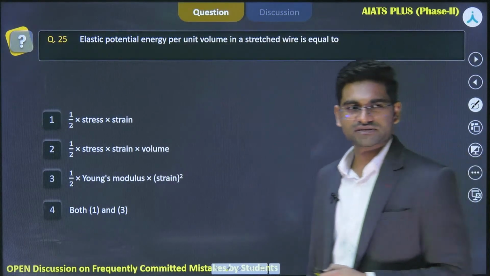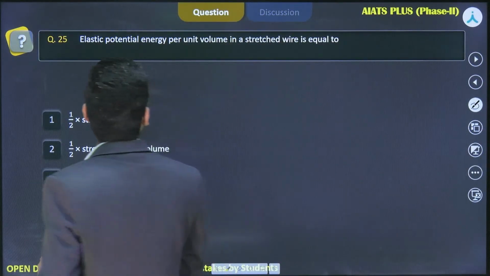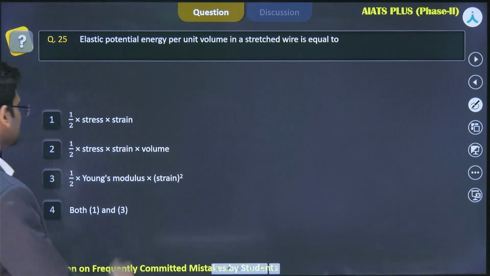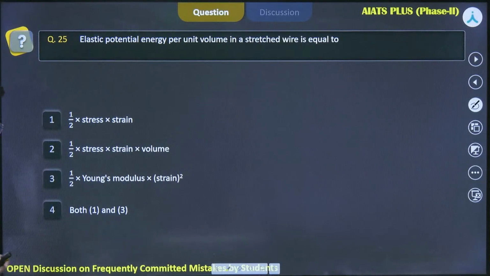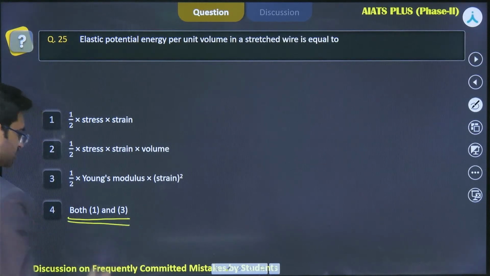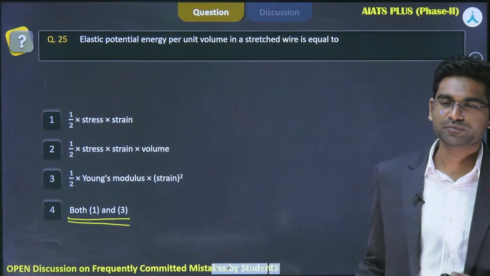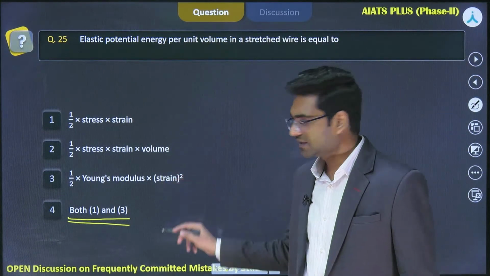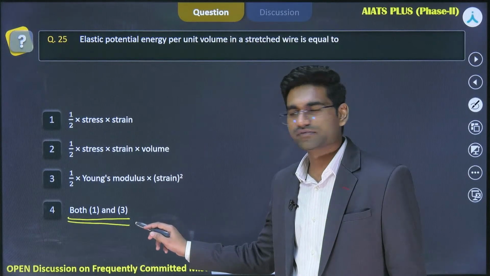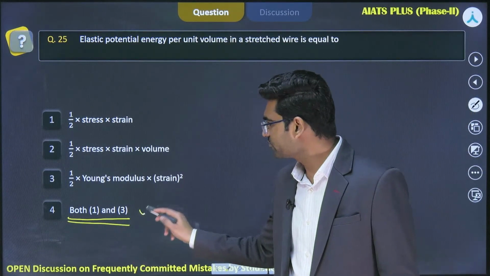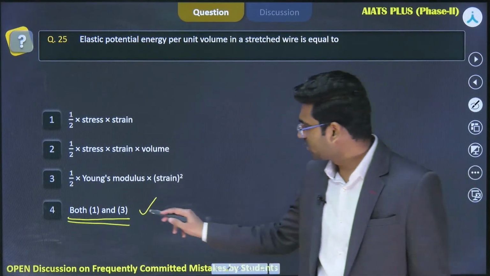This is another question: elastic potential energy per unit volume in a stretched wire is equal to. Now these are the options. See this last option, that it contains both 1 and 3. So in these types of problems where there are multiple options and one option says that both 1 and 3, or both 1 and 2, you have to solve these kinds of problems very